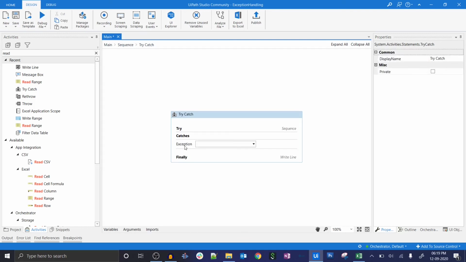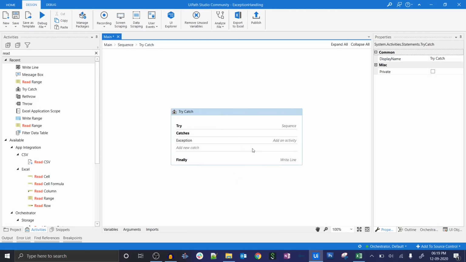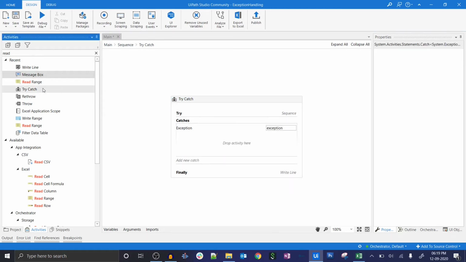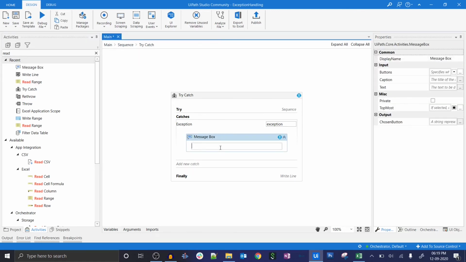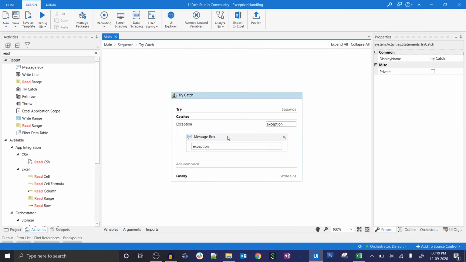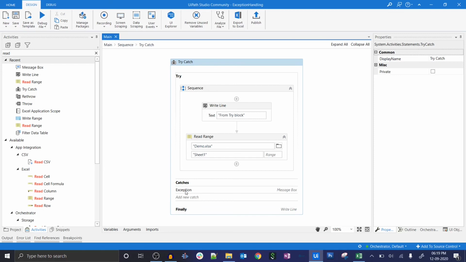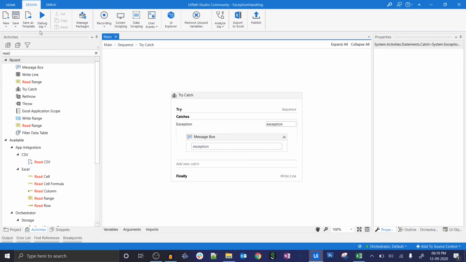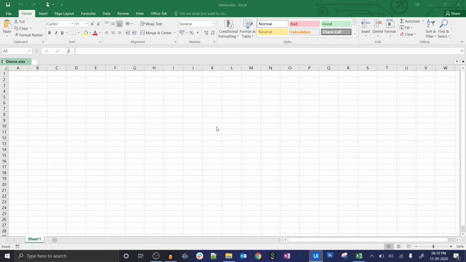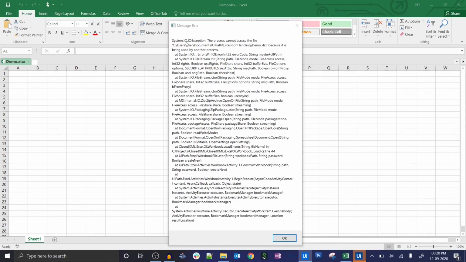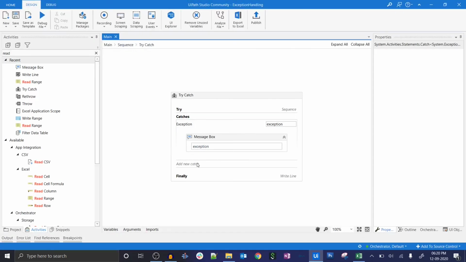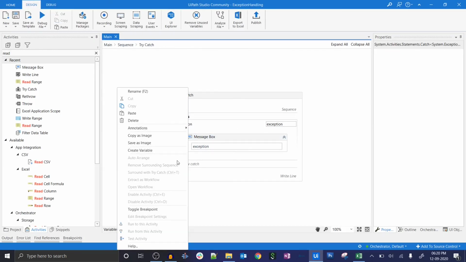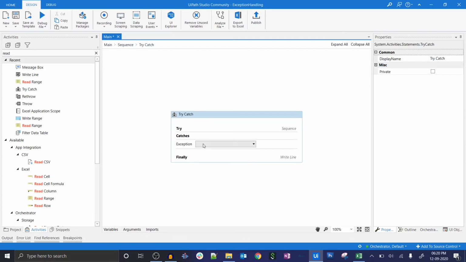Let me delete this one as well. Here, let me choose the exception only, and I will keep the message box here, type the exception only, and save this. It will throw the exception, handle it, and show what exactly the type of exception is. So here we will get the exception type also. See here, System.IO.IOException. Hence we got the exception name, so now we can handle it here. If we don't know the type, we can apply that trick in the program. IOException is the child exception.